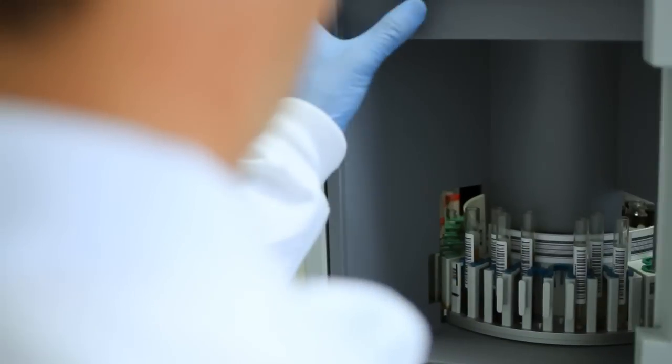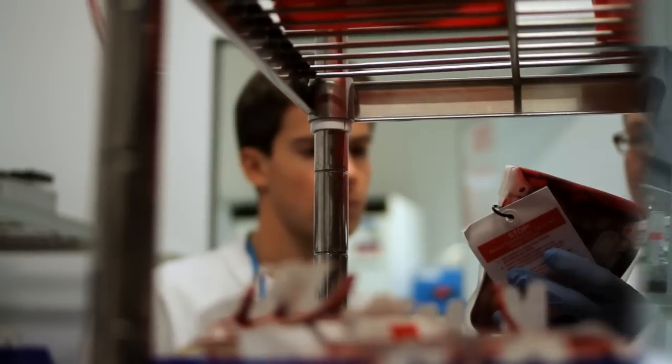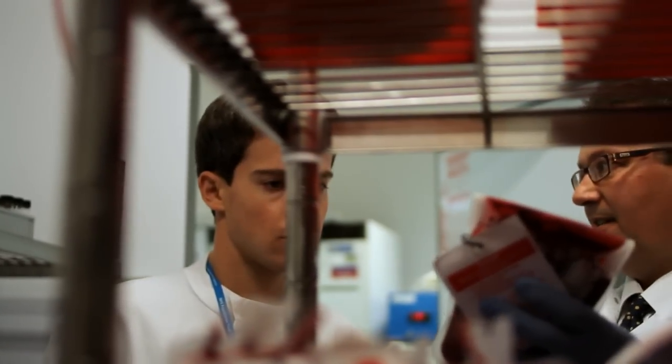First of all, we'll need to find out what his blood group is, so I'll put it onto the machine. Then we need to check whether he's got any antibodies that might cause a reaction with the blood that we're going to give him. We've done all the testing, we've selected the blood, now we'll go and issue it to